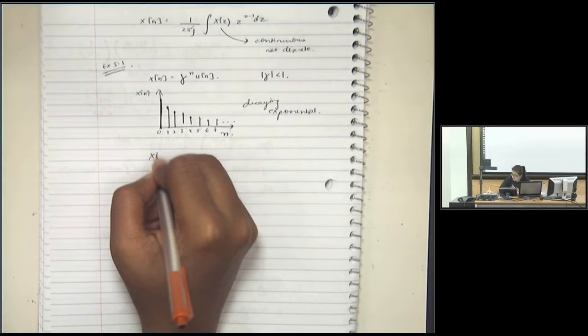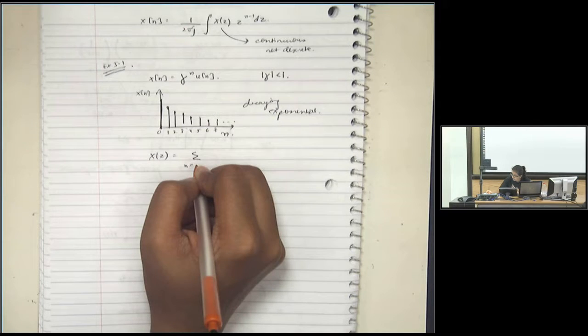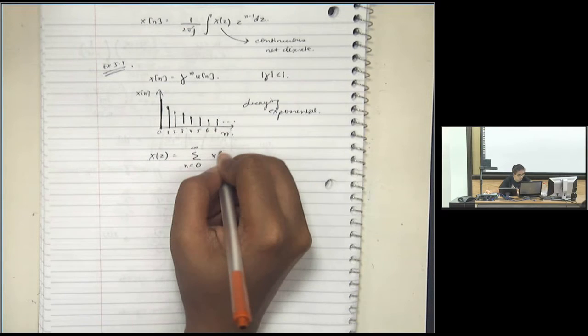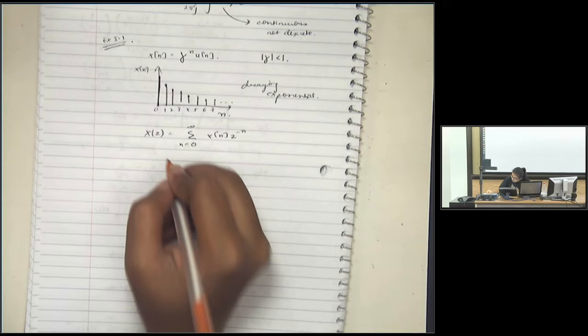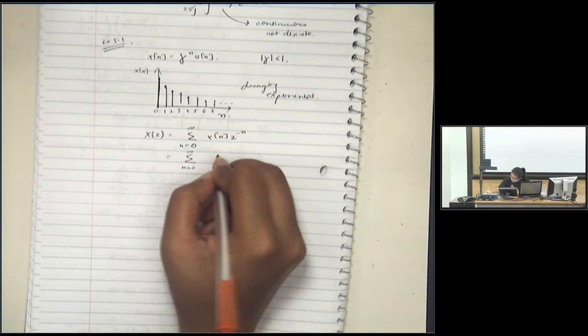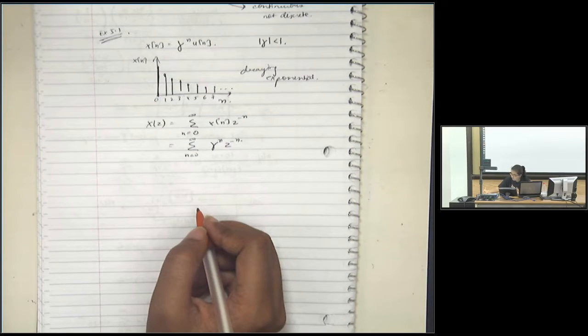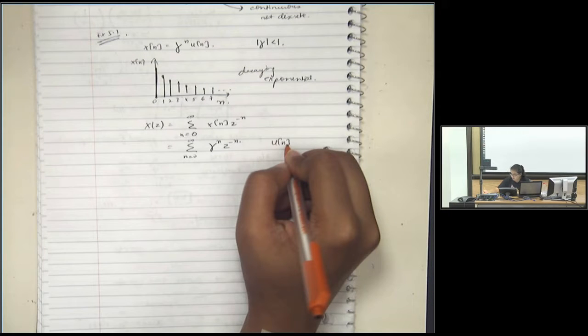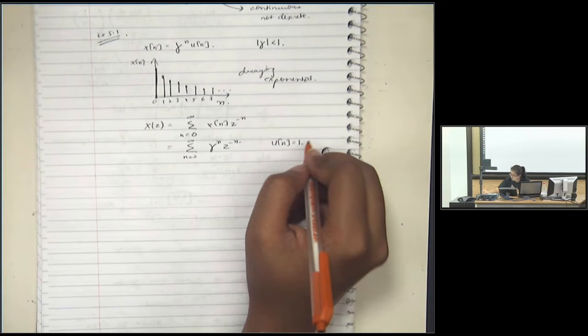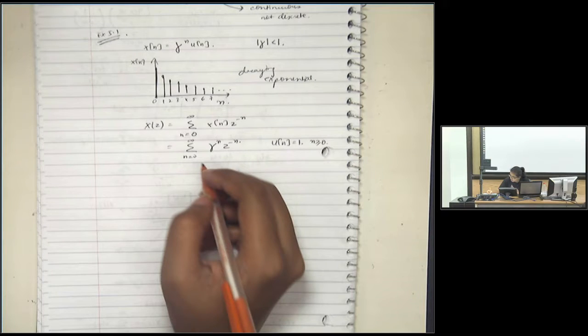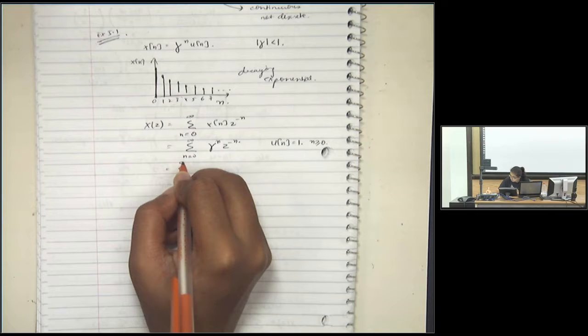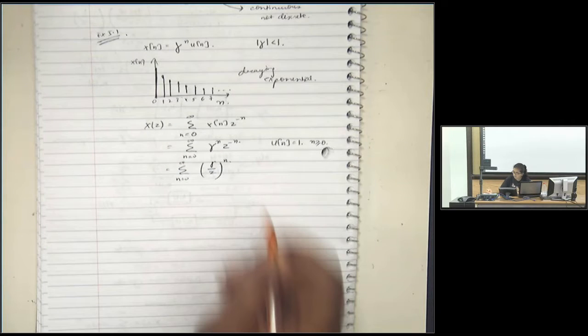So our X(z) will now be the summation from n equal to 0 to infinity of x of n z raised to power minus n, and we'll just substitute x of n, so we'll have gamma to the n z raised to power minus n. Okay, because u of n is 1 for n equal to 0 and any value greater than that, right? So this comes down to gamma over z raised to power n,